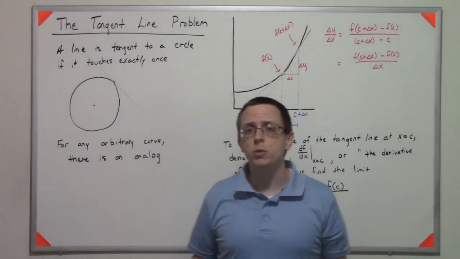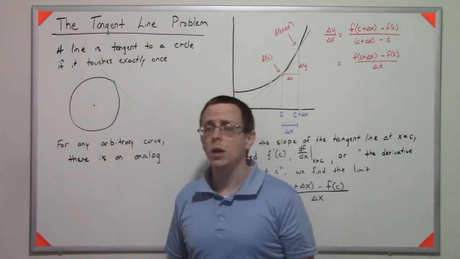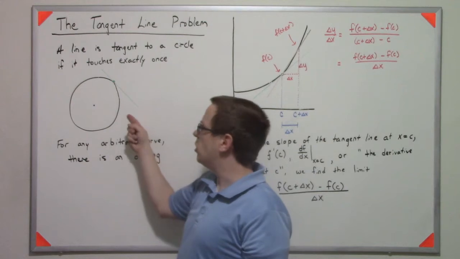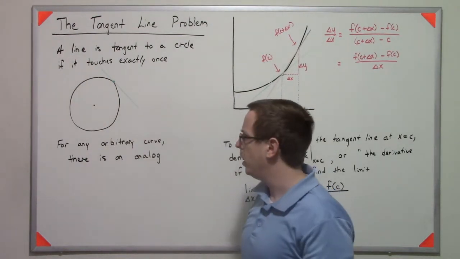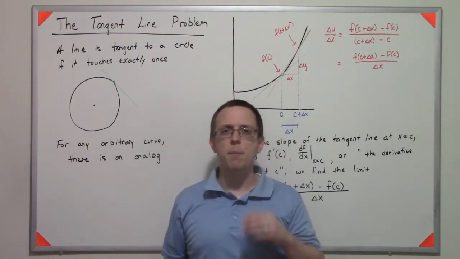So if you recall from your old studies in geometry, we would describe a line as tangent to a circle if it struck the circle exactly once. And it's considered secant if it strikes it twice, and obviously if it doesn't strike it at all, we don't talk about it. But it might be natural to discuss, instead of just for a circle, what happens for some